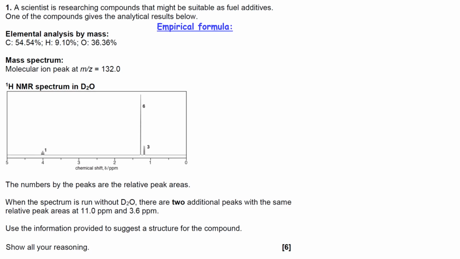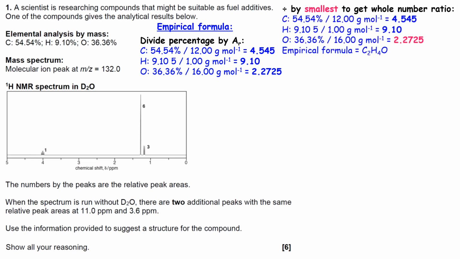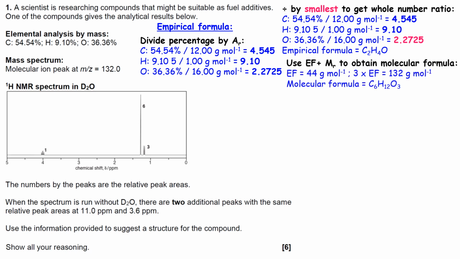So let's start by looking at the empirical formula. You divide the percentage by the relative atomic mass of each element, which gives you this ratio, which is not a whole number ratio. To turn it into one, you divide everything by the smallest, that being 2.2725, which gives us an empirical formula of C2H4O. So using the empirical formula plus the Mr that we obtained from the molecular ion peak of the mass spectrum, you can see that 44 grams per mole, which is C2H4O, goes into 132 3 times. So therefore the actual molecular formula is